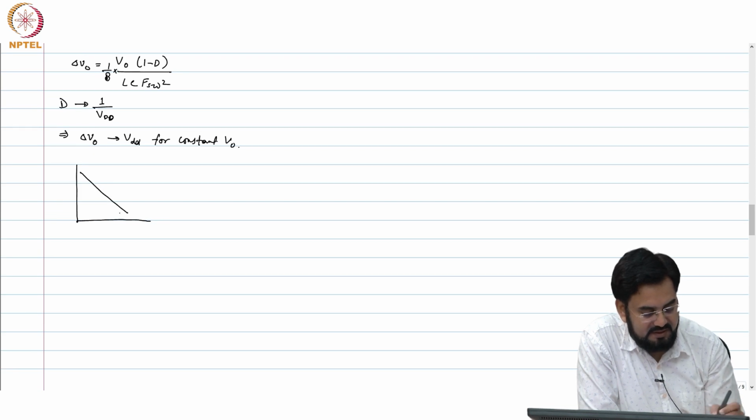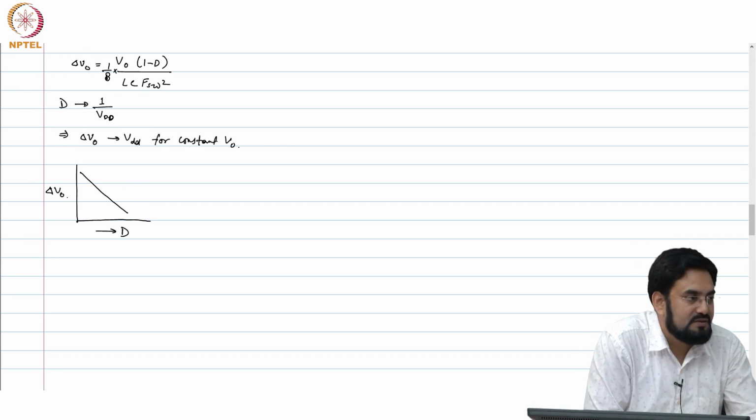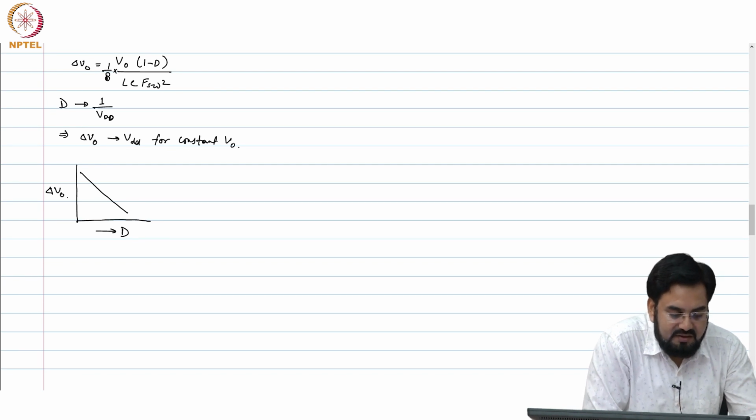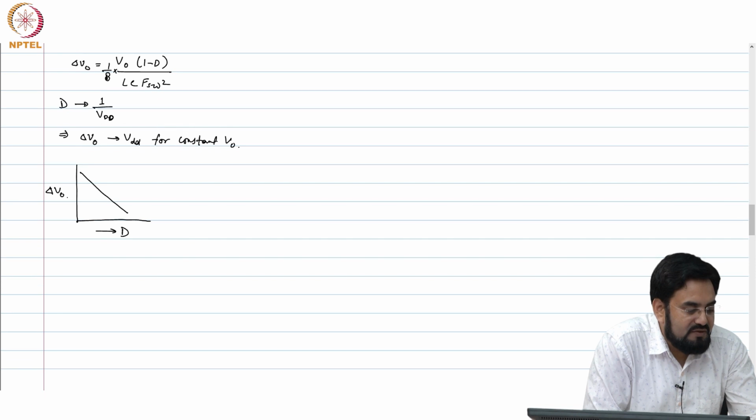So, your ripple will be decreasing as you increase D. This is delta V out. So, there is no parabolic kind of transfer function in this, which means for the same voltage, if your V in is increasing, then your ripple current will be high. So, let us say you want to design a regulator for V out equal to 1 volt and your V in is varying, let us say from 5 volt to 10 volt. Okay. So, at 10 volt your ripple will be maximum, and this is true for current also, as I said.